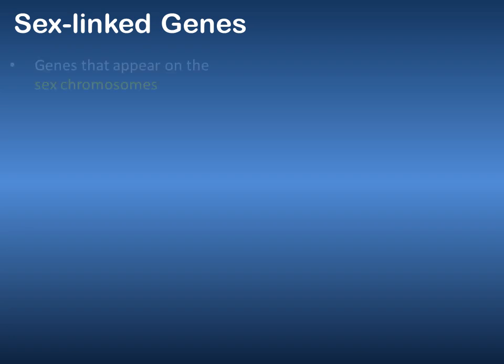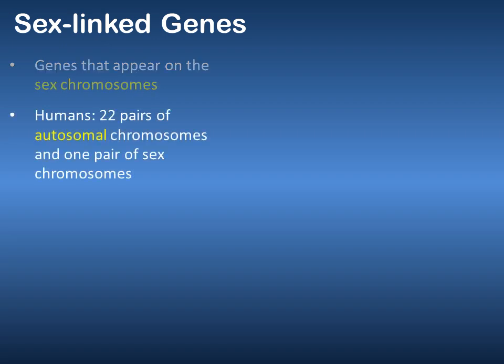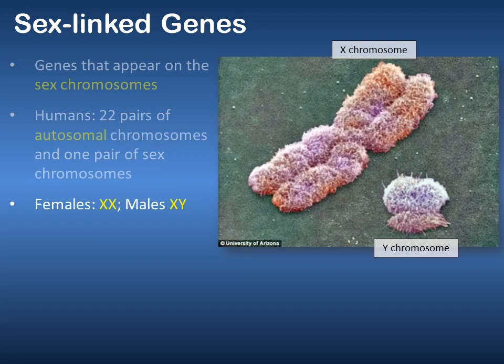Sex-linked genes are genes that appear on the sex chromosomes, and thus their patterns of expression are controlled in part by the sex of the individual. In humans, 22 pairs of chromosomes are autosomal, or non-sex chromosomes, and the 23rd pair are referred to as the sex chromosomes. Females have 2 X chromosomes for their sex chromosomes, while males have an X and a Y chromosome